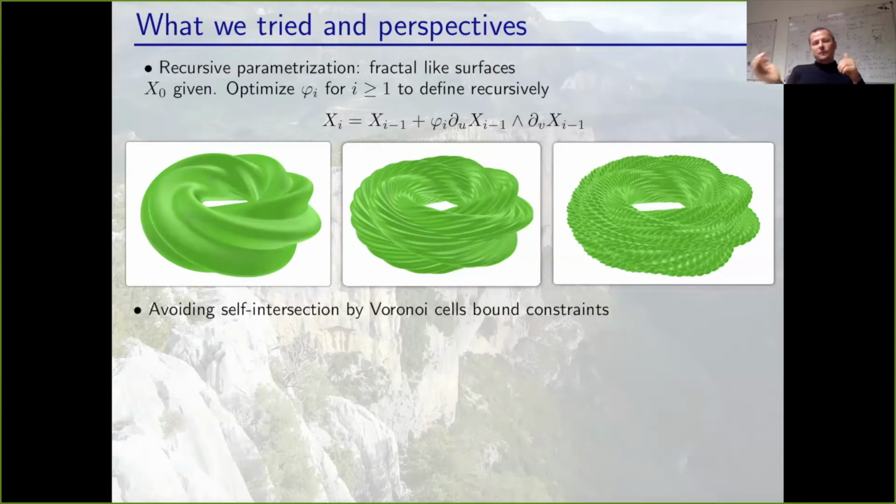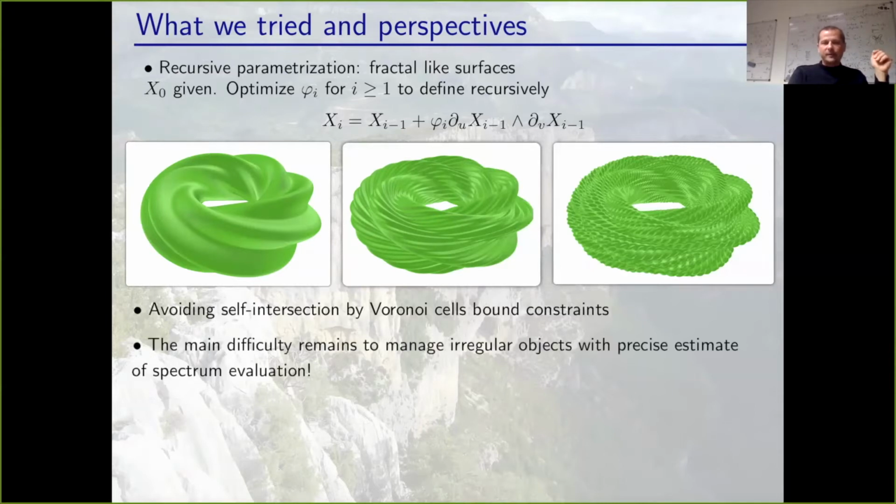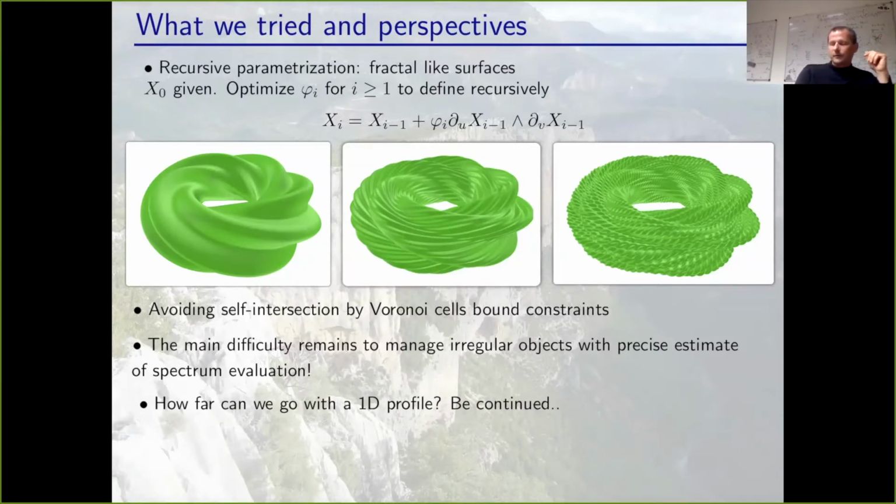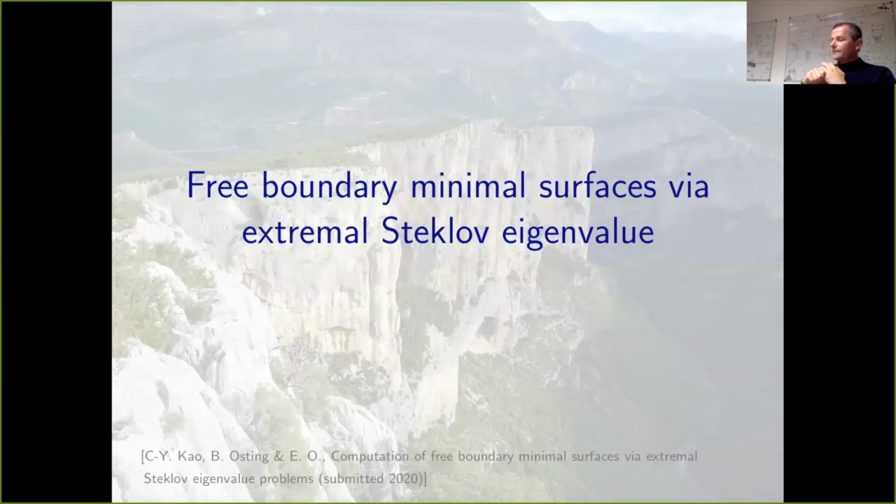Okay, we also worked on the problem of self-intersection, and we had a nice formulation based on Voronoi cells. I will not give you the details. Again, the main difficulty is to be able to play with irregular objects while preserving the precision of the spectral evaluation. And a little bit related to the question that I just answered is how far can we go with the 1D profile? Okay, so this was not a complete disaster, a fiasco, but what we tried next